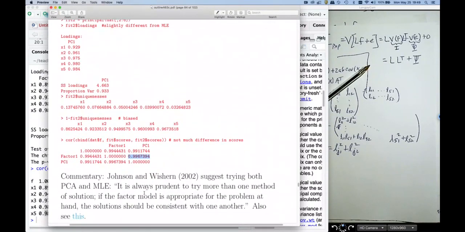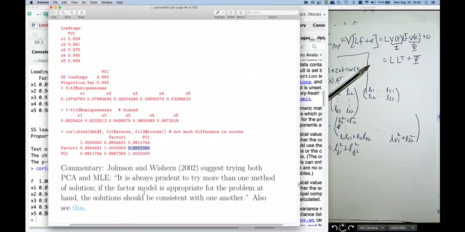I'll just close with some commentary from a very famous multivariate analysis book, Johnson and Wichern. What they suggest is trying both. It's always prudent to see if one method produces a very different solution. If the solutions match up, that's great. Your findings are robust. Otherwise,